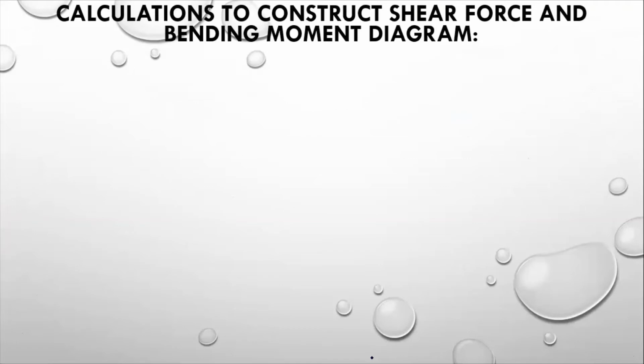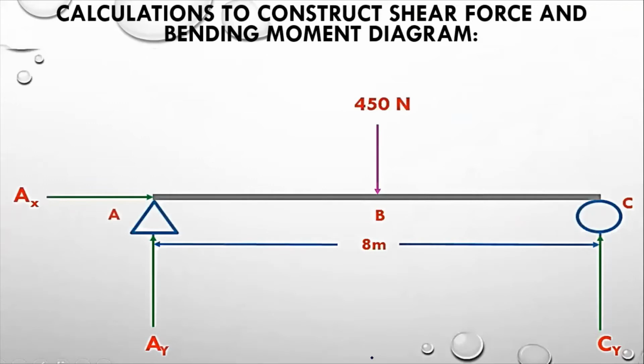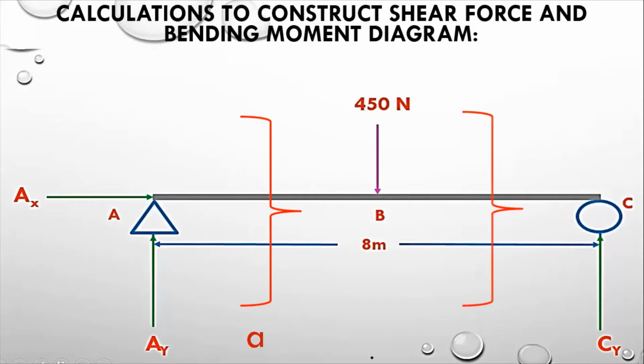So how can we construct a shear force and bending moment diagram? For this we have to calculate regions. This is the diagram, and we have to cut it into two sections. First section between AB, and the other section between BC. So you can see here, this is the section A. We have cut the region between A to B, and the other region should be between B and C. So it will be like this.